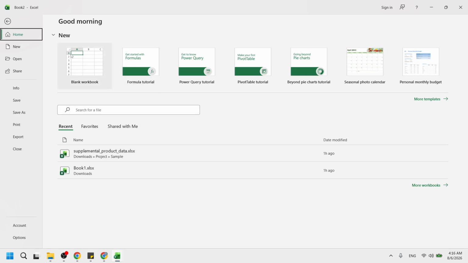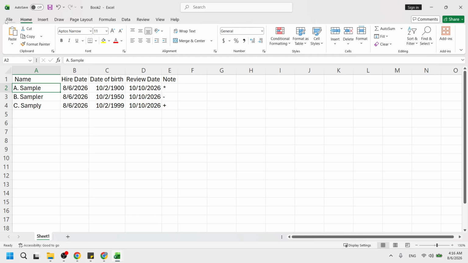Now open an existing book. Click on the workbook that contains the list of names you want to filter. If you are on the start screen, you can choose it from the recent files list or browse to its folder and open it. Once the workbook appears, confirm you are on the sheet with your name list and that the names are arranged in a clear column, usually with a header such as name at the top.